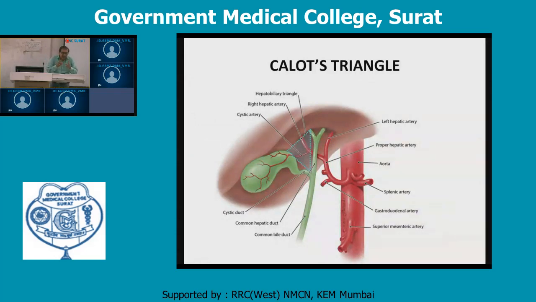Then sometimes the accessory hepatic duct, if it is present, is also present here. So when this triangle is exposed for the surgical removal of the gallbladder, the surgeon should be aware of these variations in the duct system as well as the variations in the arterial system. That is to save the right hepatic artery and the common hepatic duct. By mistake the right hepatic artery or the common hepatic duct may be ligated. So the surgeon should be aware of these anatomical variations in this triangle. That is why this Kellogg's triangle is important surgically.